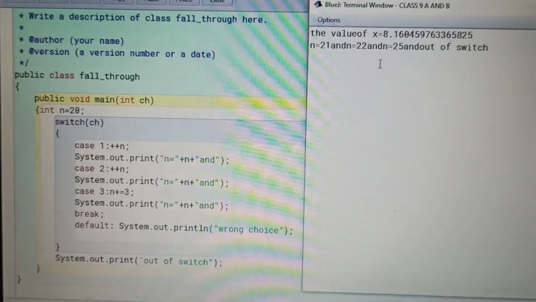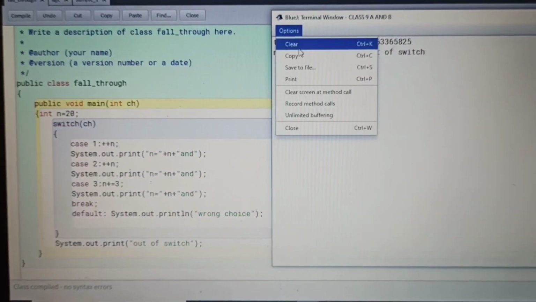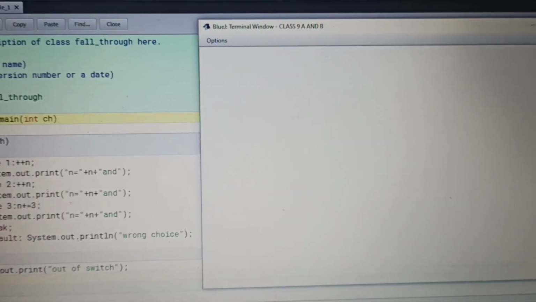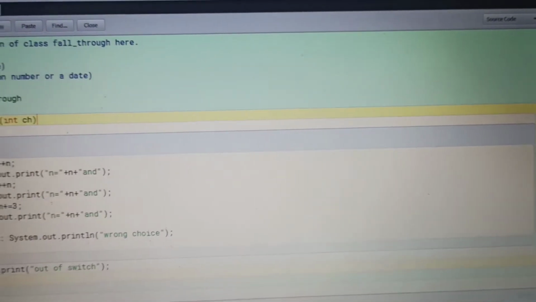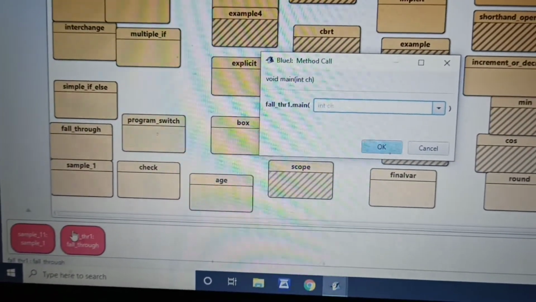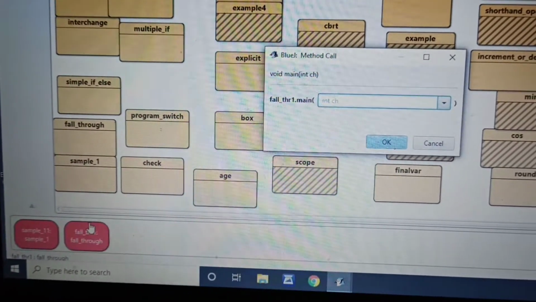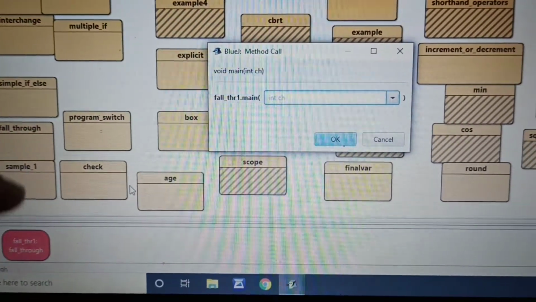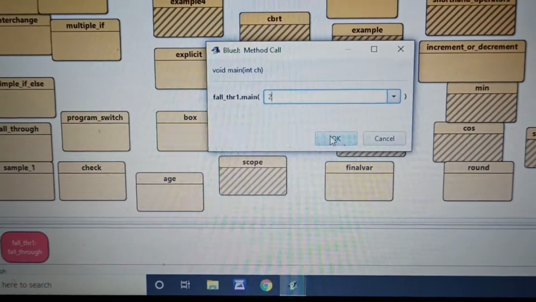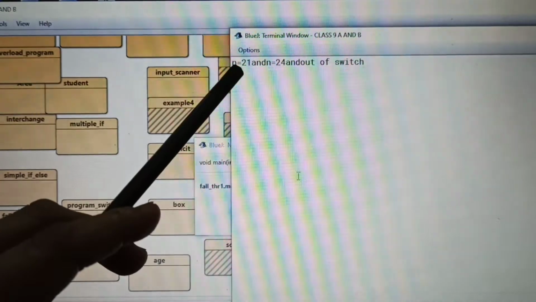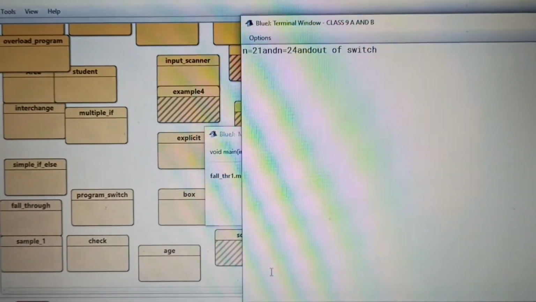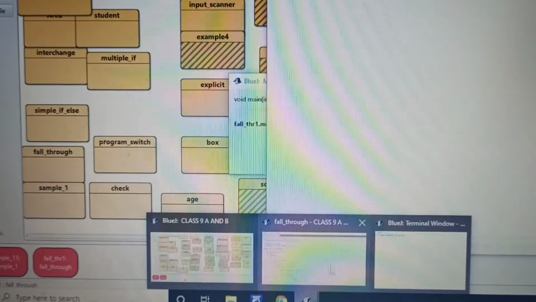One more time I'll show you. I have to run the program again. Again we have to call this main method, and this time I'll press case number 2, then only case number 2 and 3 will execute. As you can see here, the present value is n1 is 21 and n2 is now 24.